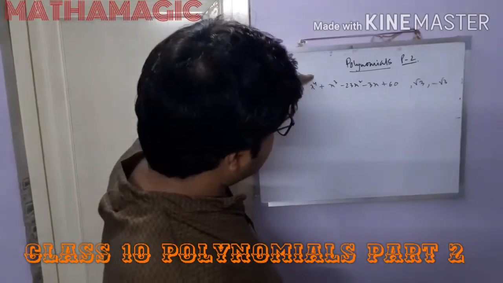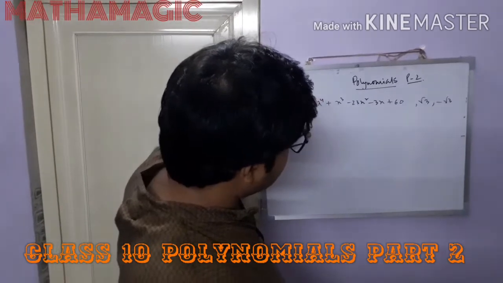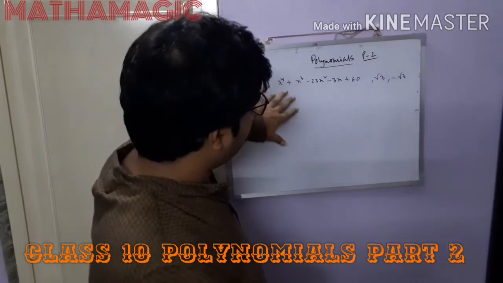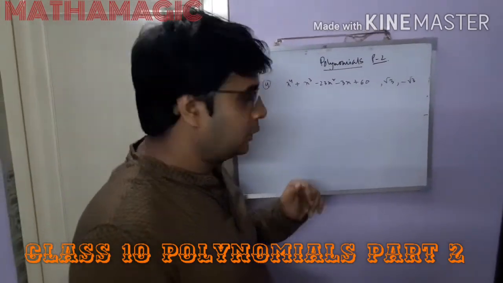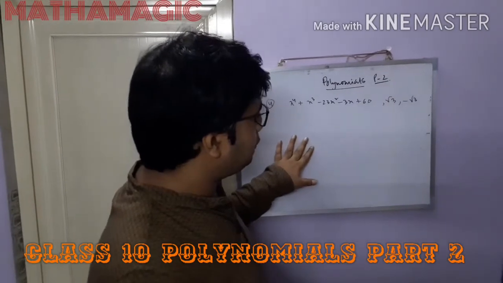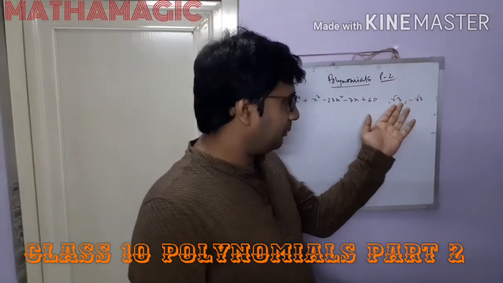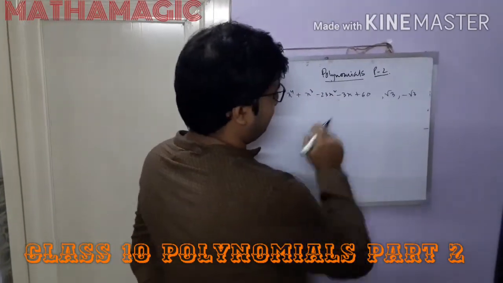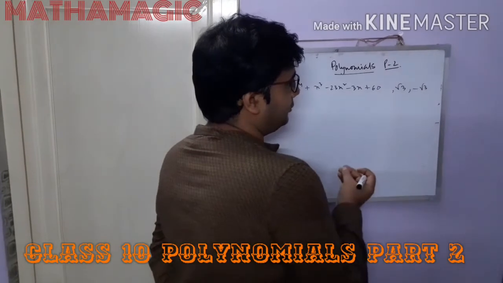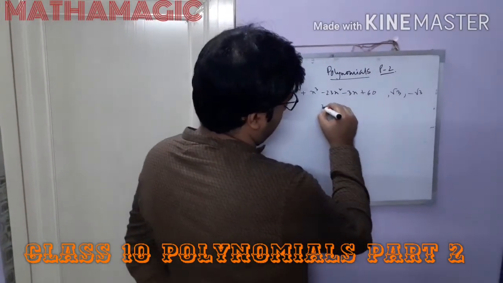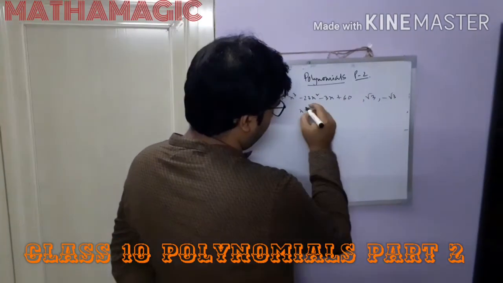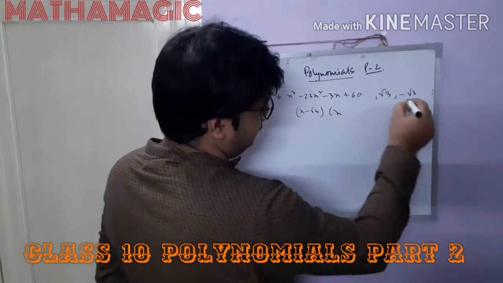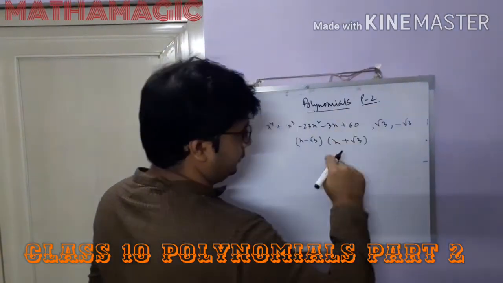This polynomial has a maximum power or degree of its variable as 4, so it will definitely have 4 roots. If it has 4 roots, then 2 roots are given by the question and we need to find the other 2 roots. We have already stated that if a is a root of a polynomial, then x minus a will be a factor. So if root 3 is a root of the polynomial, x minus root 3 will be a factor, and so will x plus root 3. These two will be the factors.